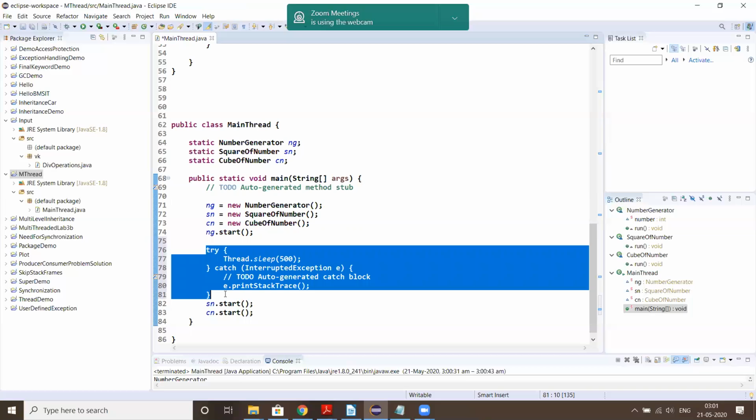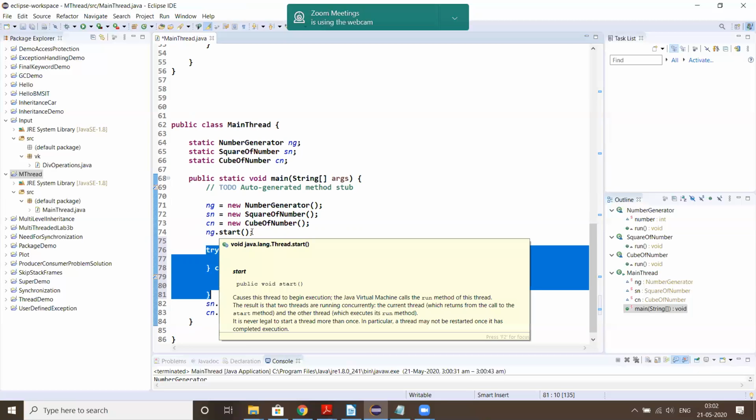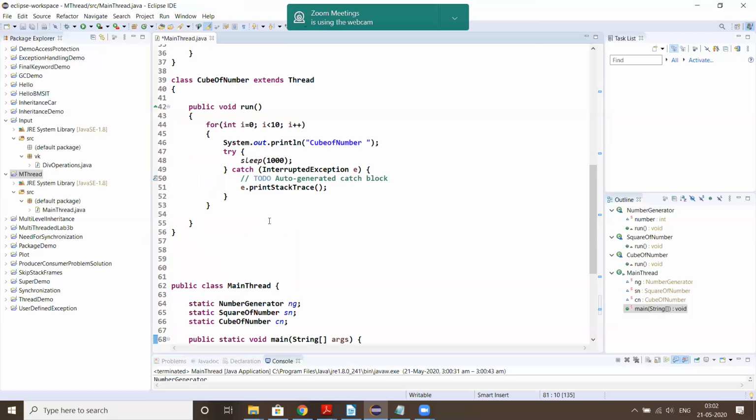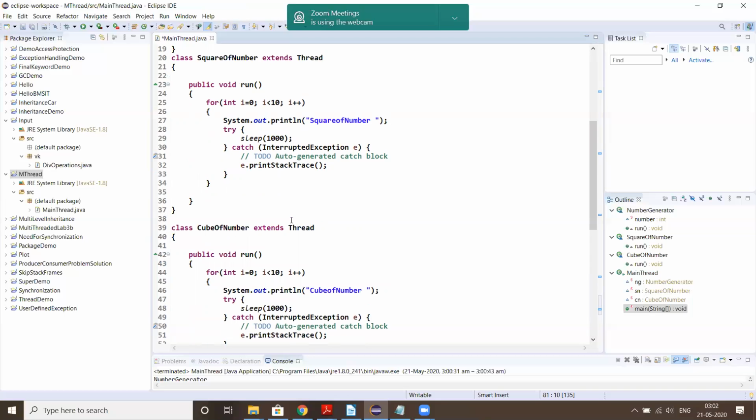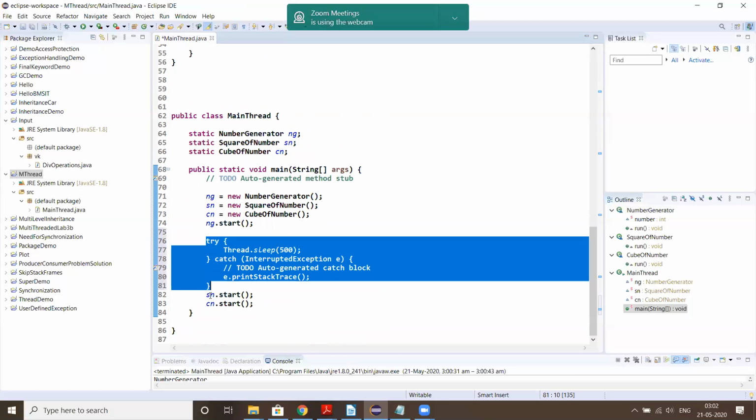Otherwise, if you start all 3, randomly it may pick any one of those 3 threads. But this would ensure ng dot start is executed, which in turn calls the run method defined in line number 5, the number generator. Now here also I can introduce a small delay.